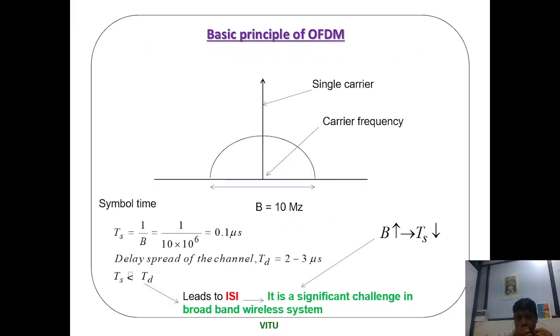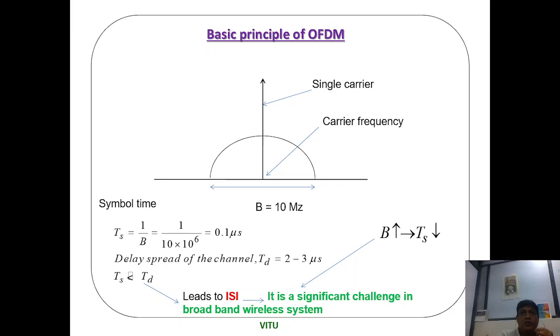First, let us start with a single carrier system where the allocated bandwidth, you can see my cursor, total bandwidth available is 10 megahertz. One carrier is placed at the middle of this band. So if you look at what would be the symbol time, that is Ts equal to 1 by B, that is 0.1 microsecond. Typically delay spread is what,